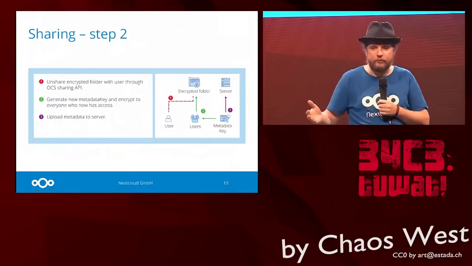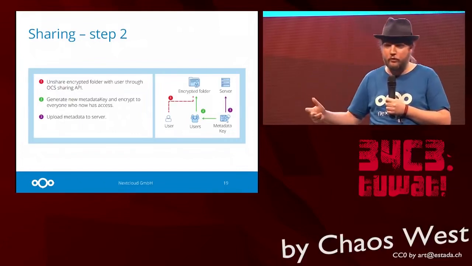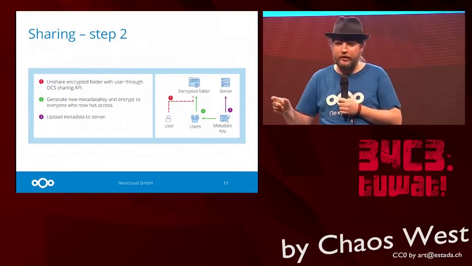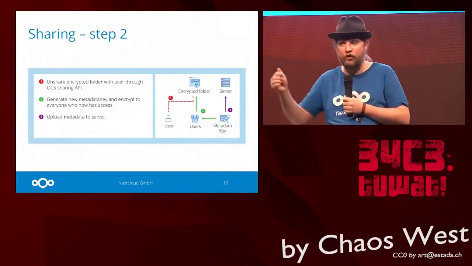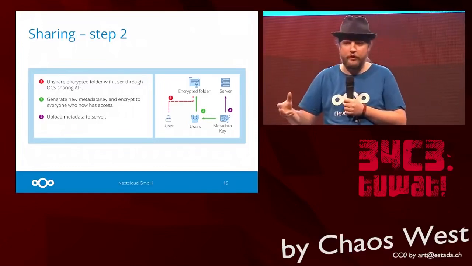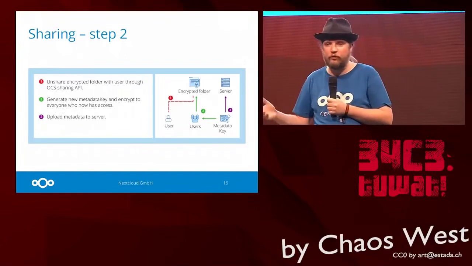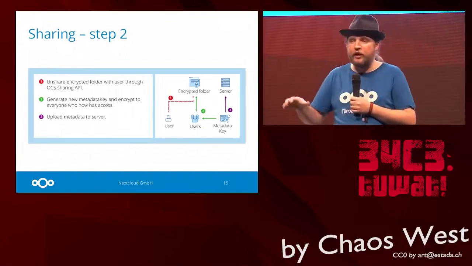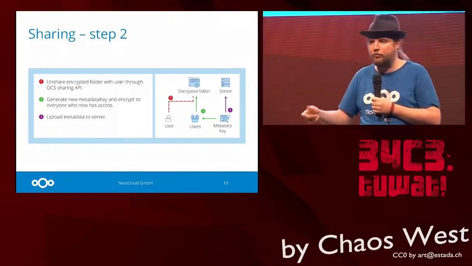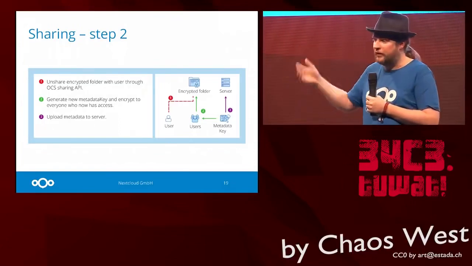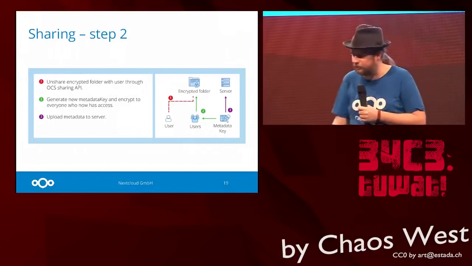And to unshare, you remove the file metadata key, you create a new one, you encrypt that new file metadata key against the public keys of all the people who need to have access minus the person you want to unshare with, and you upload the new metadata file again. And then you use the OCS API to essentially remove the sharing that you had. This means that that person still has access to the old files, but that's kind of obvious. I mean, if I show you a piece of paper, then I can take the paper away, but I can't tell you to forget what you saw. So it's the same mechanism here.